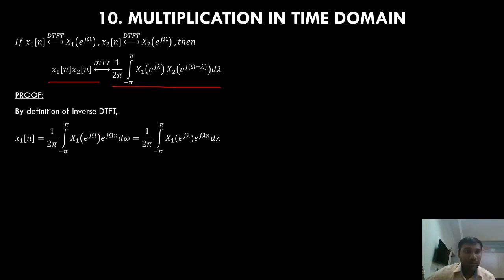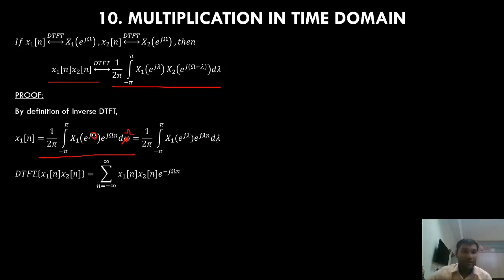Here I have the definition for inverse DTFT. In place of omega, we should use either this omega or the other omega, right? If I use capital omega here, I should use capital omega for the rest of my proof. I should not use two different omegas. I should use a single omega in the entire proof. So if I replace this variable with lambda, it looks like this, but there is no change in the entire equation. I'm just replacing it with a dummy variable.